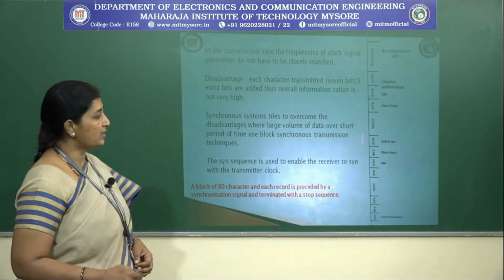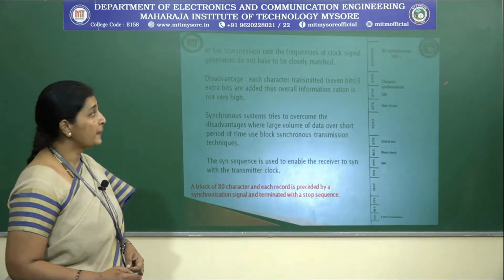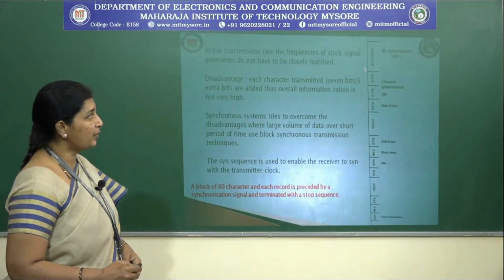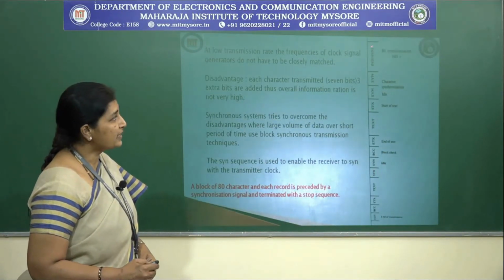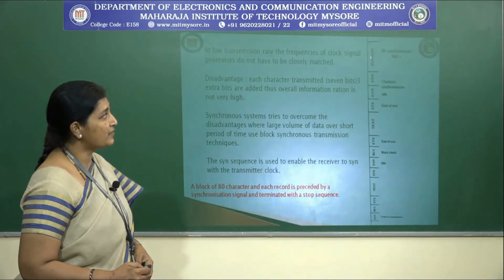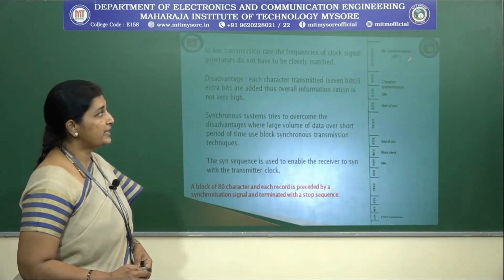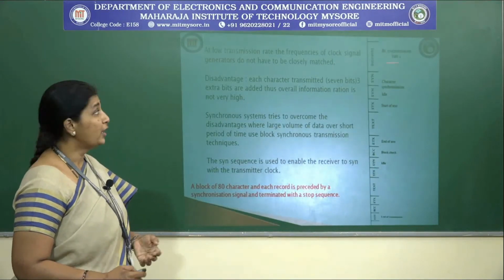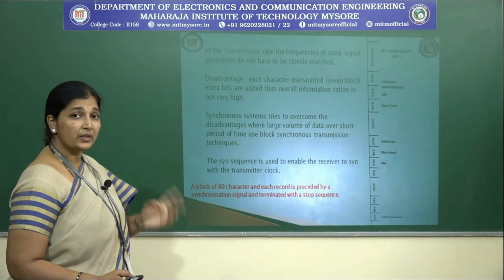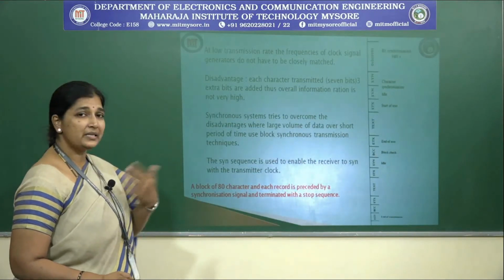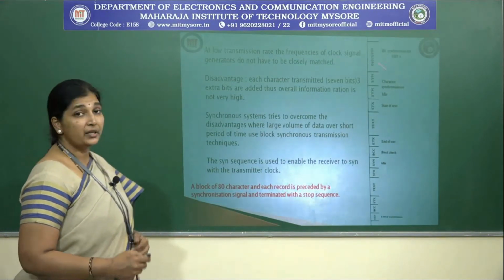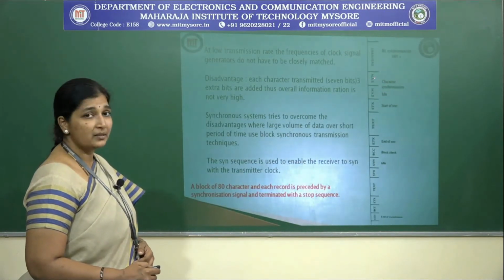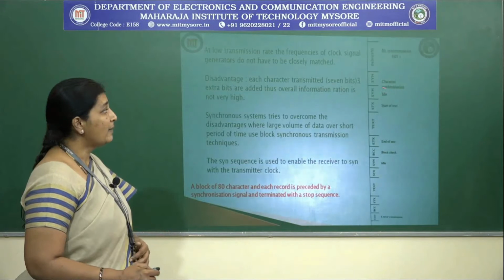If you just see here, this is a packet of information. So bit synchronization, this is how it looks. First you have a stream of binary bits here. You have zeros and ones, right? This is bit synchronization. The same bits will be available at the destination. So when this bit is synchronized with the destination, then the data will be sent at that particular time slot. So you have a sync pulse in order to synchronize between the transmitter and the receiver, and then